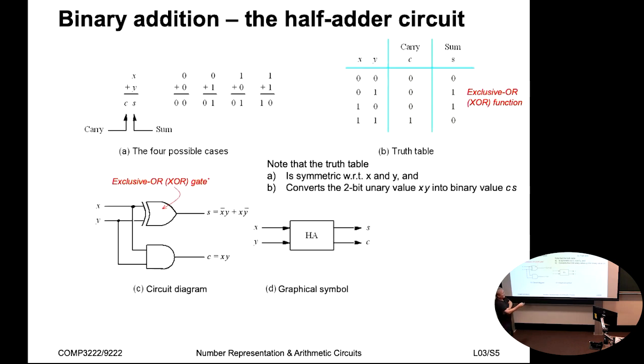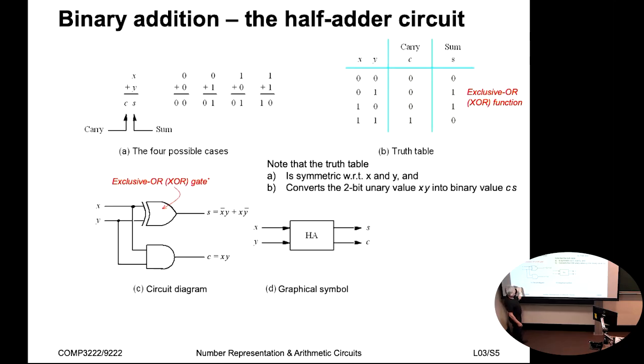Now, this function that you see over on the right here, the sum function, is the so-called exclusive OR function, which we've mentioned, some of you already know about. In essence, the difference between exclusive OR and OR is that the condition that both X and Y being 1 is also true for OR is not the case for exclusive OR. For exclusive OR, we're only allowing one of the 2 operands to be 1 for the exclusive OR function to be 1. Okay? So we can draw that as a gate as well,